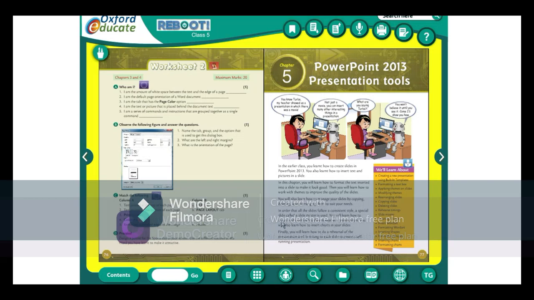You will learn how to create and work with the slide master in presentation. You will also learn how to insert charts in your slide. In this chapter you will learn how to insert slide master. Slide master is a slide in which you will learn how to follow a consistent slide in your PowerPoint